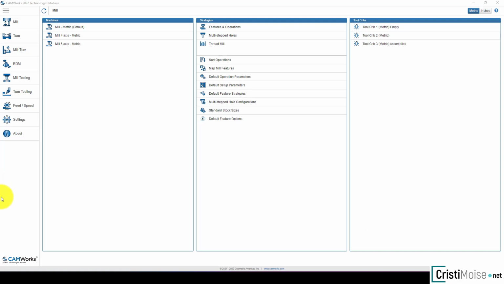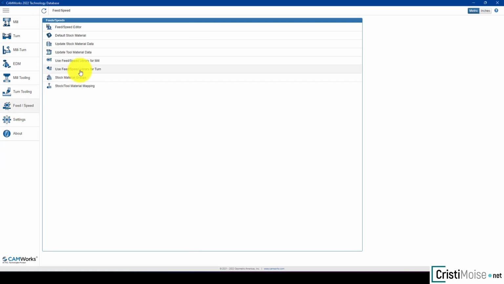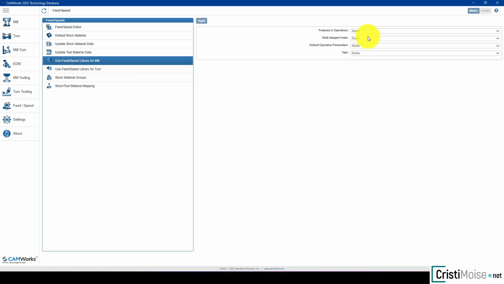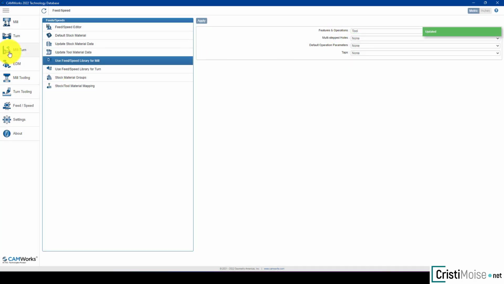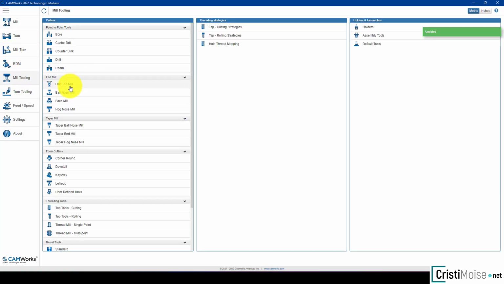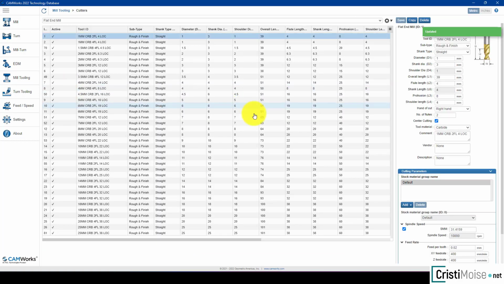First of all, you need to open the technology database, and the first thing to do is go to feed and speed, use feed and speed for library and mill, and here for feature and operation click for the feeds and speeds defined by tool. Press apply, and now go to mill tooling, let's say flat end mill, and I will choose a 10